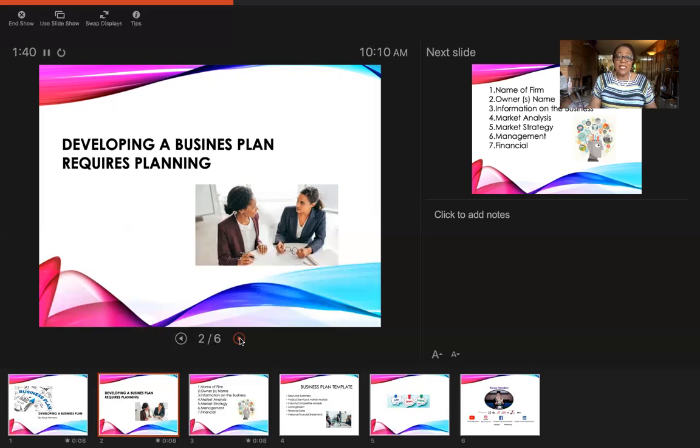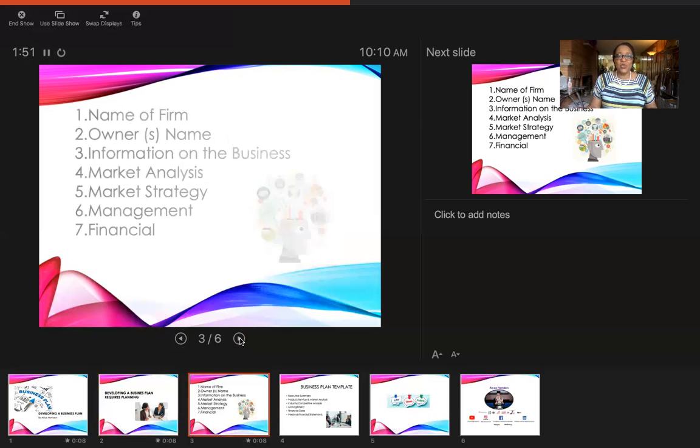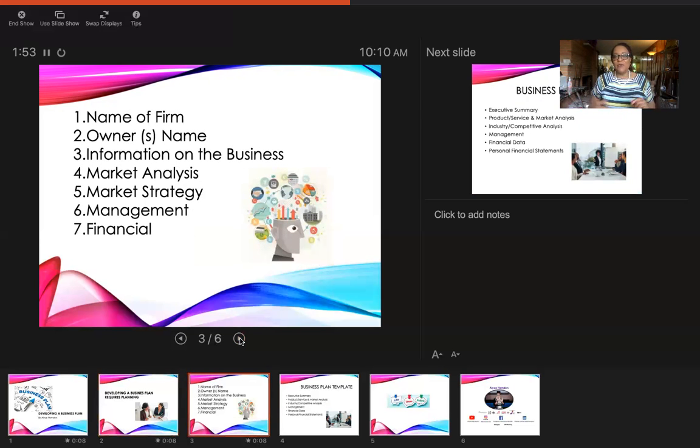So some of the things that are included in the business plan are the following pieces, and it's really 7 areas. Ready? Let's grow. So the first thing that you want to identify is the name of your business. Write the name of the business. It's normally a cover page and it allows you to make it very pretty. But inside of that business plan is the name of the firm.